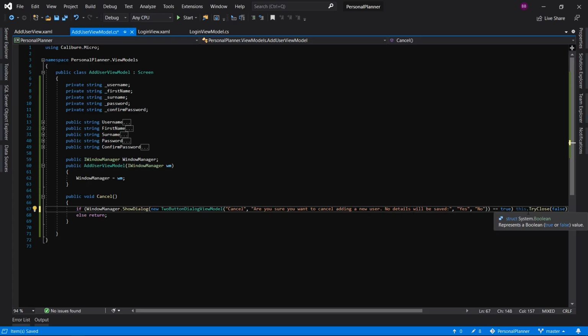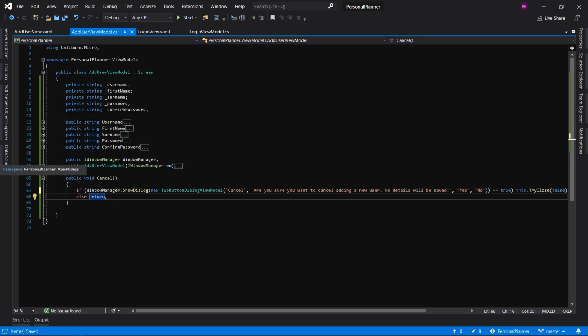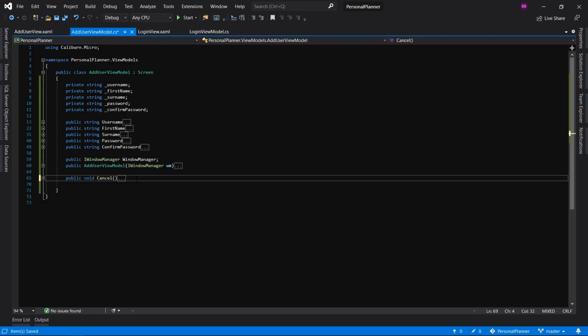Oh, yes and no. If that, then close saying that it wasn't added. Otherwise, just break out of this function. Coolio. Right, that's my cancel. And then I'm going to also add in my